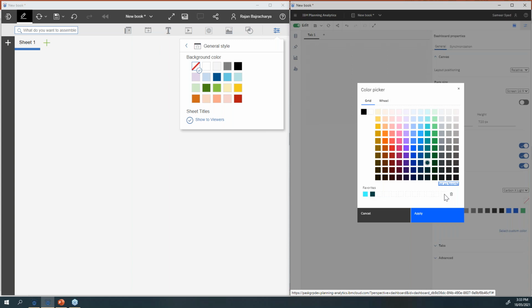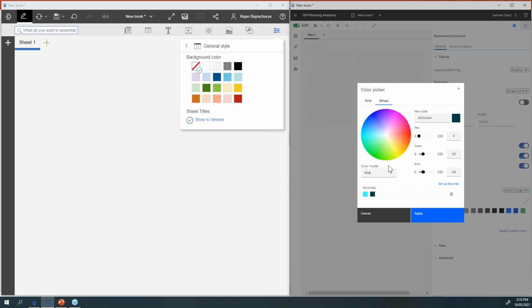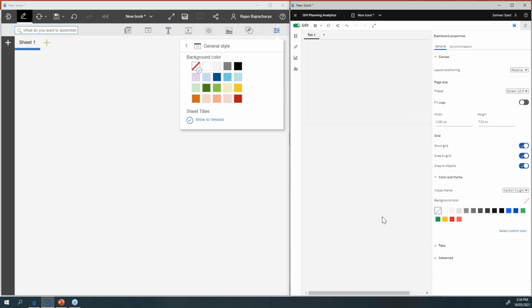You can have about 12 favorites. And if you want more advanced colors, you can bring in your red, green, blue, and also set the saturation and brightness. This is where I'm talking about pixel perfect reporting, where you control each and every part of your report, how much color you want to add, the brightness, the saturation, or even the RGB colors. As you can compare with the older version of POW, it is a very standard 10 to 15 colors. So that's on your colors and themes.